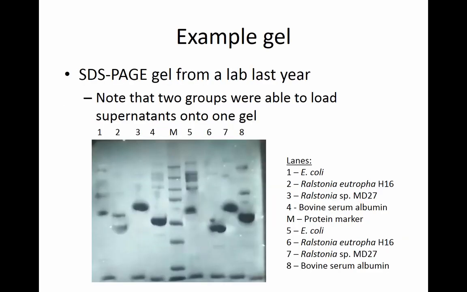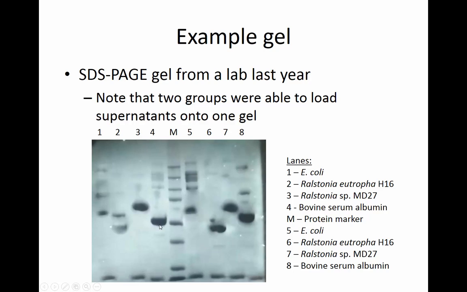Alright, so here from last year is a sample gel. It's a pretty good gel, I think, overall. Two groups were able to fit on one gel and share one molecular weight marker here. So essentially what we did was we looked at protein supernatants. We spun out cells of E. coli, Ralstonia eutropha, and this other Ralstonia species, and basically took a look at the proteins that were in the